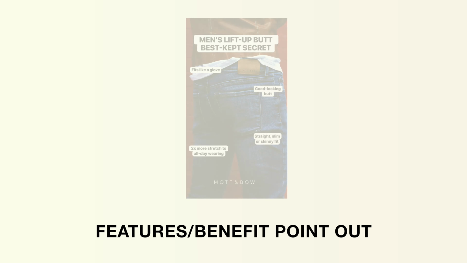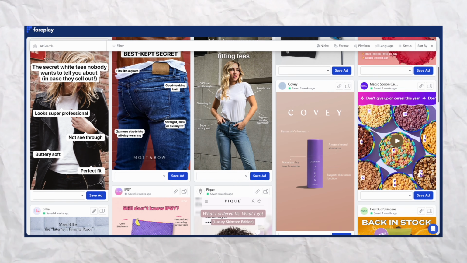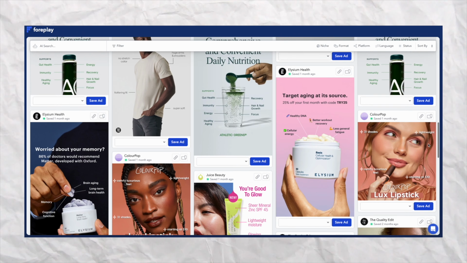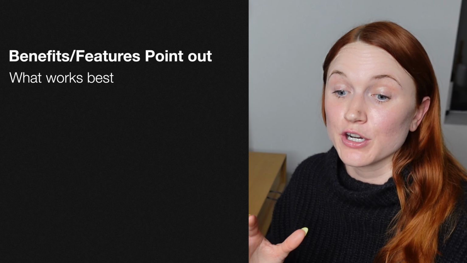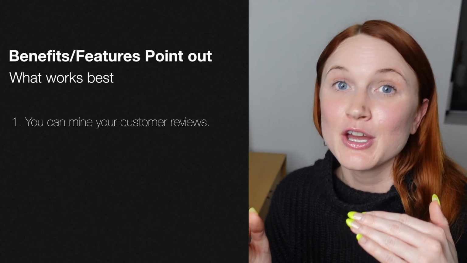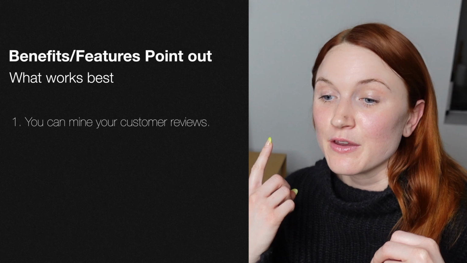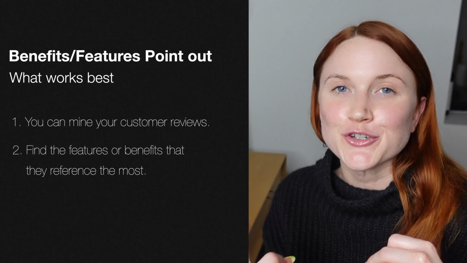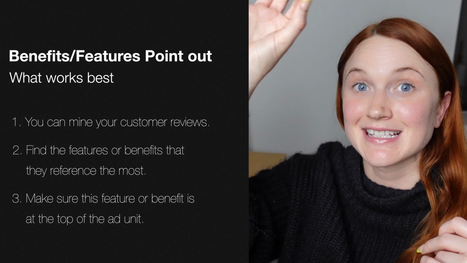So the first ad that I want to talk about is an ad that I have talked about quite a bit on this channel, but it is the features, benefit, point out style of ad. Now, I actually have a board that shows several different examples of these kinds of ads, but the ones that I find tend to work the best are if, number one, you can mine your customer reviews, AKA go through all of the reviews that your customers have made about the product and find the benefits or the features that they reference the most and make sure that that benefit or feature is at the top